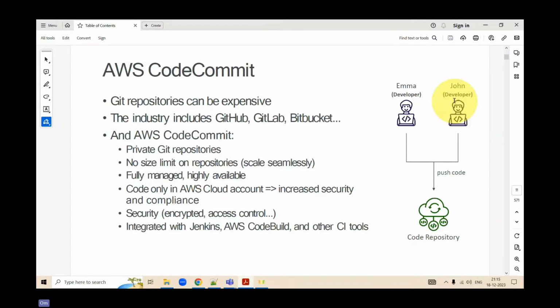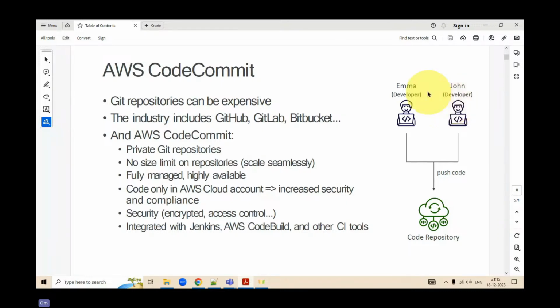So there are three possibilities. Either you can move the code from CodeCommit into Jenkins directly, or you can move the committed code into your CodeBuild, that is again a CI tool, or third, any other CI tool in this entire world. So there is no dependency, but if the code is in an AWS repository, please rest assured that it would be highly available, fault tolerant, and fully managed. So you don't need to worry about the underlying infrastructure, what is running in the background for you.